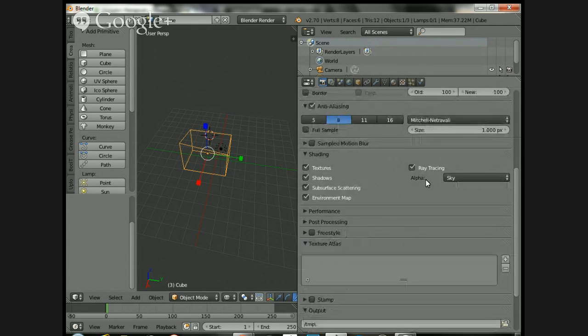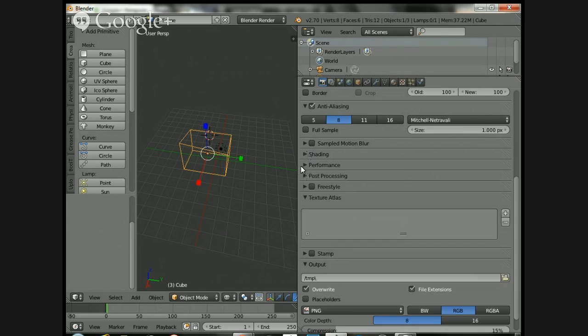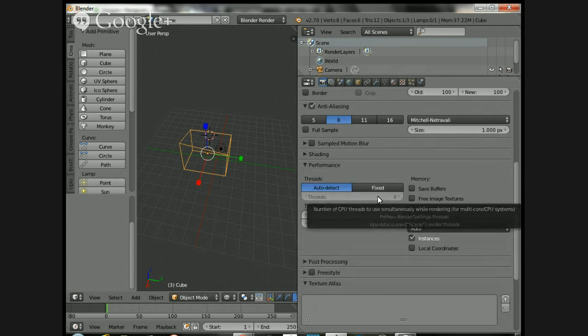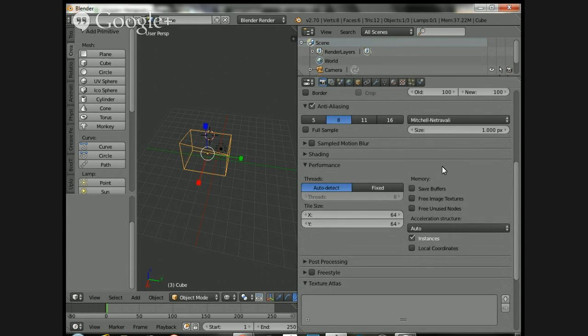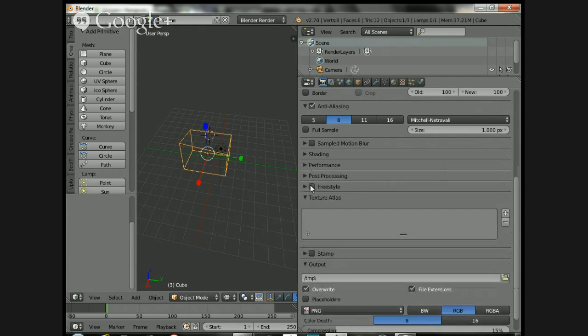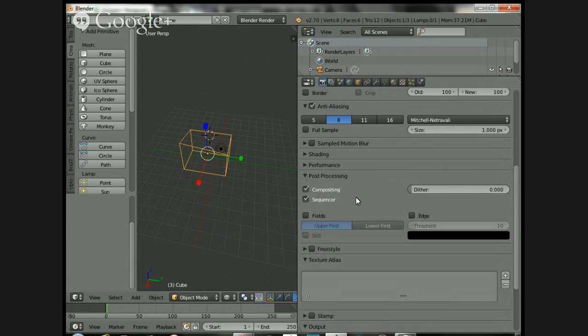This is a quicker way than using it for text on screen and stuff like that. Okay? I'm also going to give you the processors. This is for the processor and memory, how many processors you want to take and how much your memory buffers per disk. You want to save your buffer, you want to free your texture. We don't have that in our scene. We got pre-processing, which is